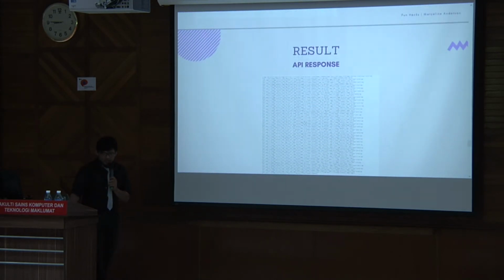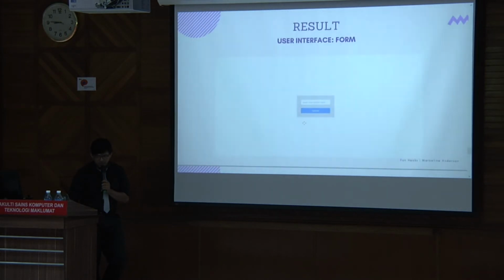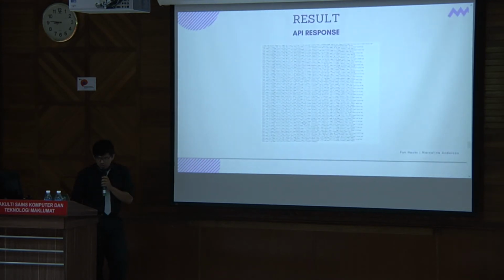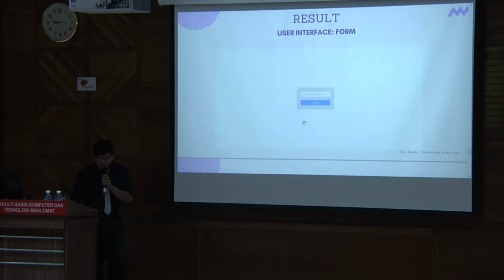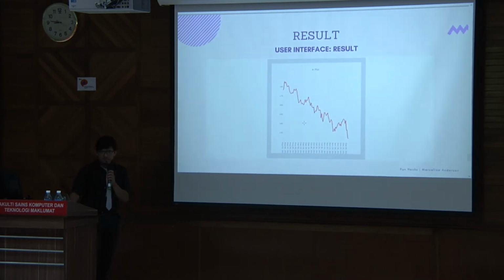Okay, so this is the result of the API response, which actually comes from here. Here, the user interface is the first home page that you see when you use my application. You have to input the symbol of the stock, for example for Facebook it is the FB symbol. So when you enter the FB symbol, if you want to get the API result, you will get something like this JSON file. And then if you use it for prediction, you will get something like this graph.